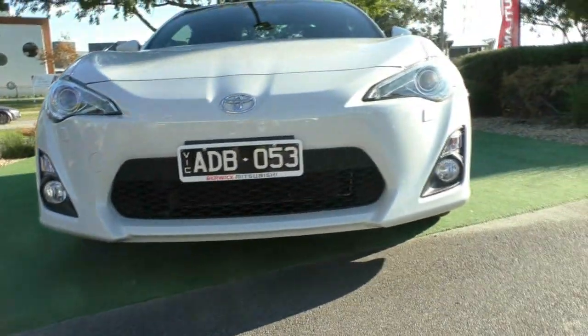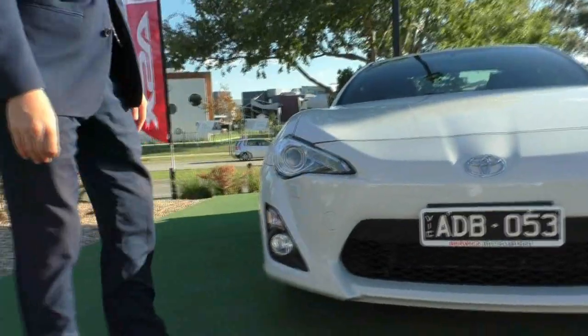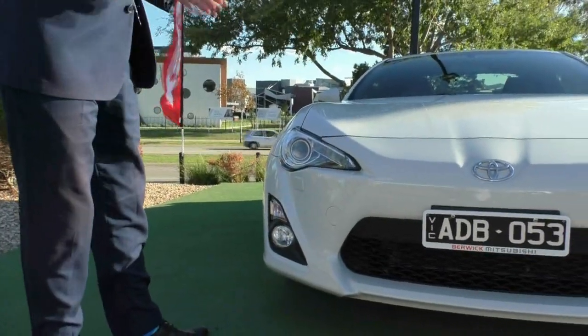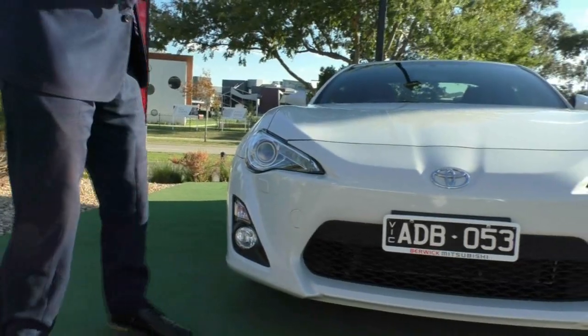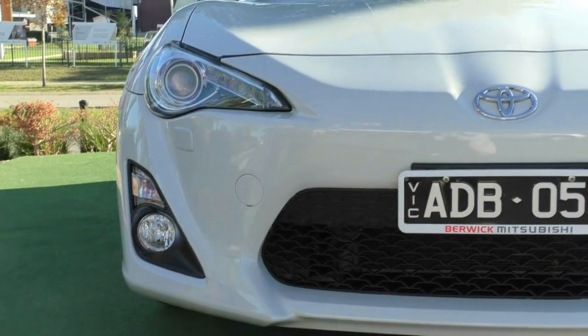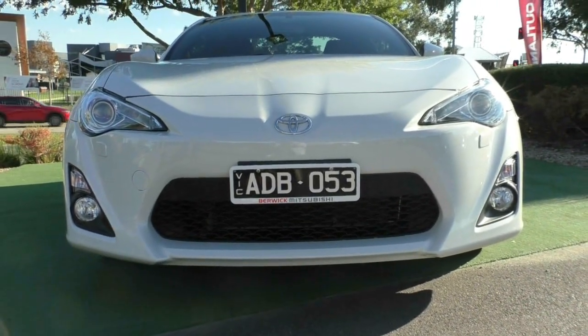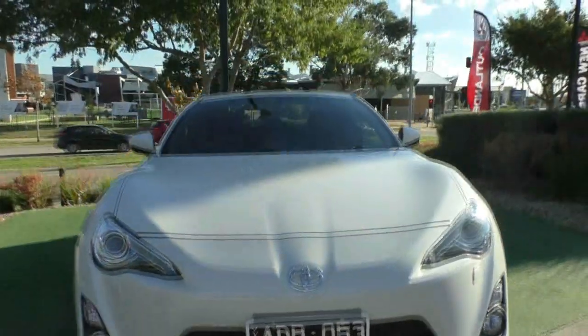You can also see that we have the headlight washers. So the benefit of having the headlight washers, if the headlights do get dirty and you can't see on the road, they will just wash the headlights and you'll be able to see just as good. You also have your fog lights down the bottom too as well. And if you just look again at the grille, it has a real aggressive look that gives it a really good presence on the road. Now we'll come around to our first alloy wheel,